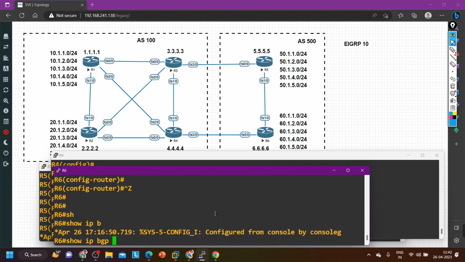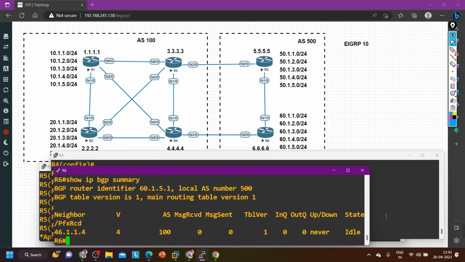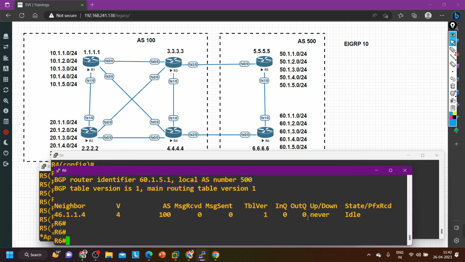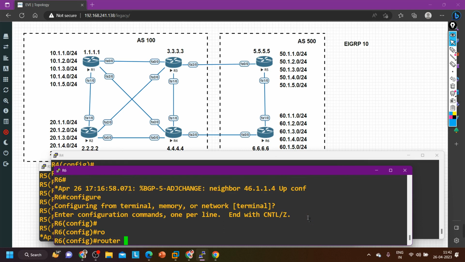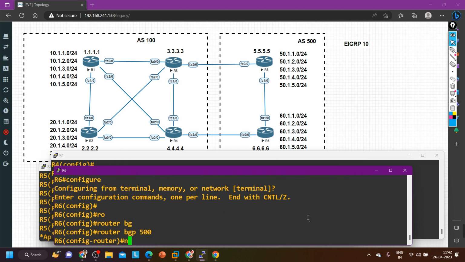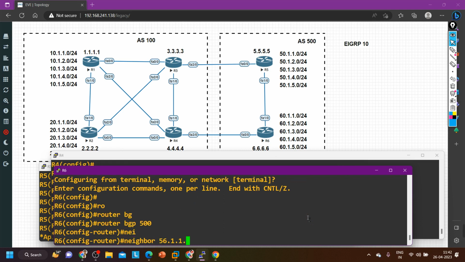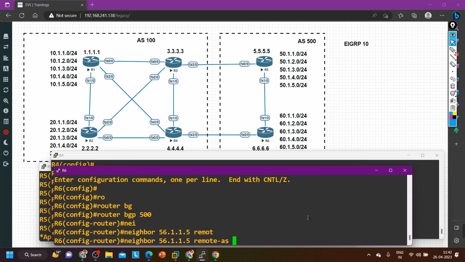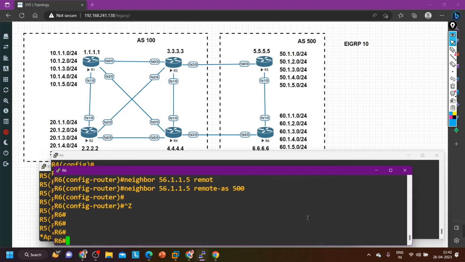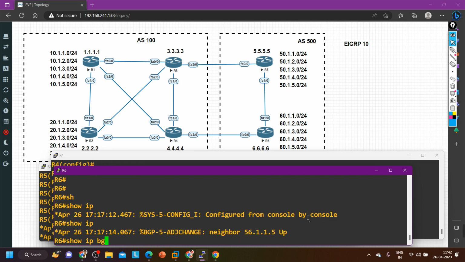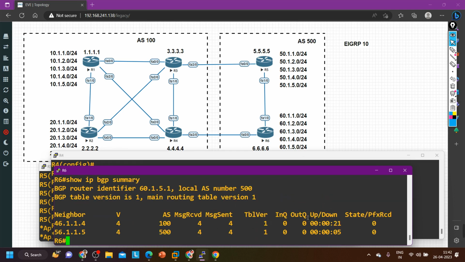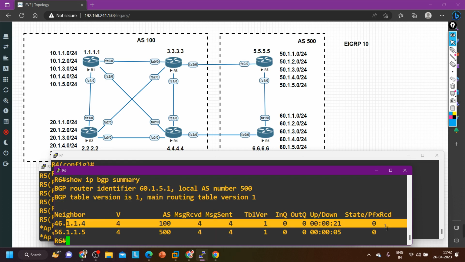So, show IP BGP summary. Config t, router BGP 500 and neighbor 56.1.1.5 remote AS is 500. Done. Show IP BGP summary. Done, guys. Now what I am going to do, I am going to advertise, let's say, 50 prefixes